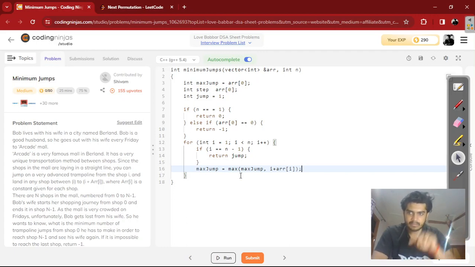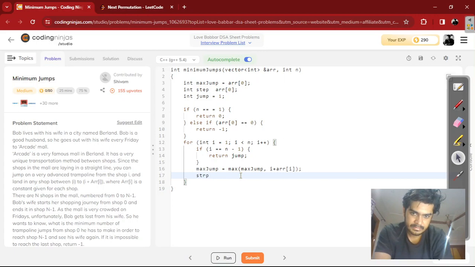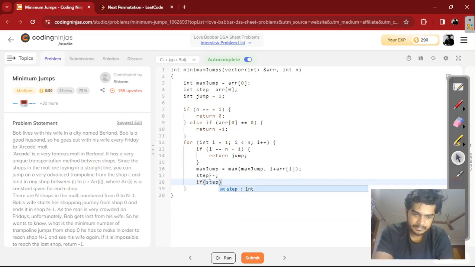That means we are taking one step, then we will make another jump, and we are taking one more step, so our steps are decreasing. So we will say steps minus minus. Okay, so this will check for the max jump, and this will return the max jump minus the step. Then if steps become 0, that means we can't go anywhere